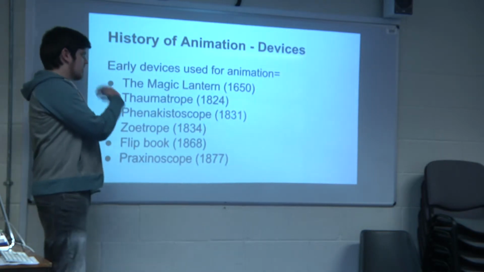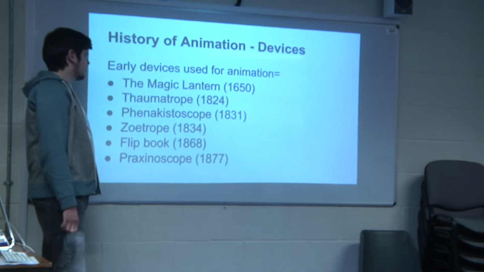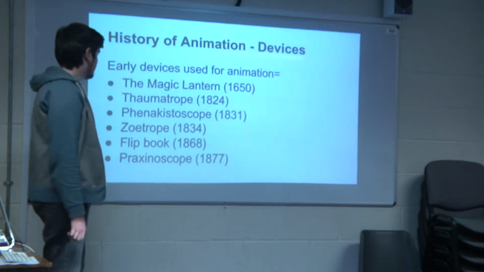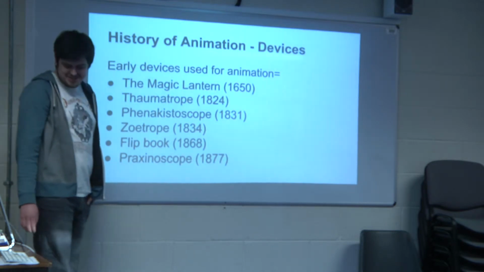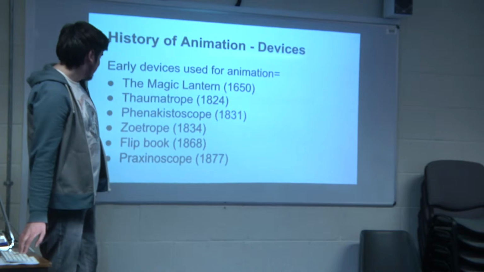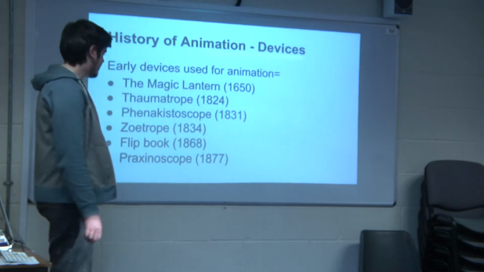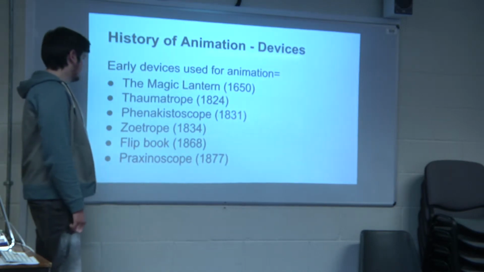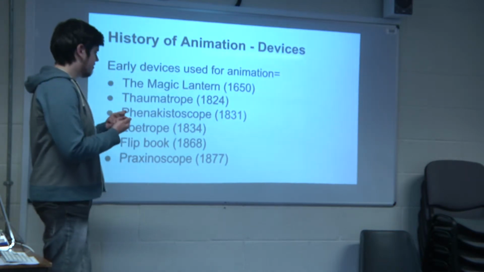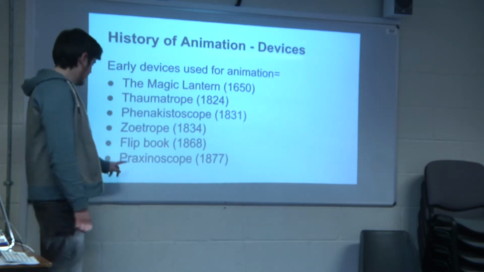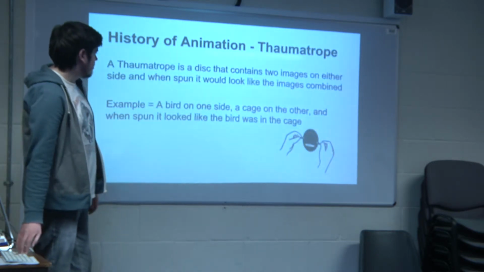And this is a look at some of the early devices used for animation, starting from 1650 with the Magic Lantern, the Zoetrope. I'm not going to try to pronounce this. The Flip book. We'll look at those. The Magic Lantern was an early way of projecting an animation. The flip book was just images drawn in a book, and when flicked, you'd see the image move. And the Praxinoscope was another type of projection. And I'll look more in detail at the